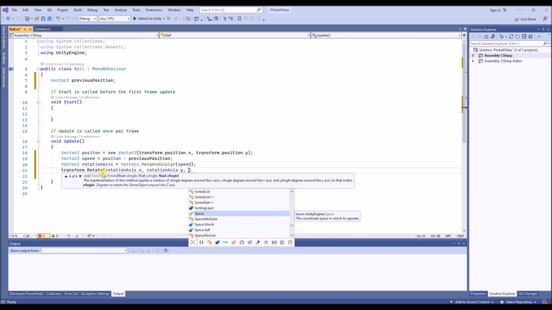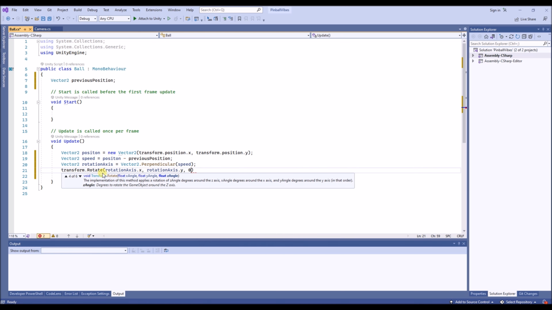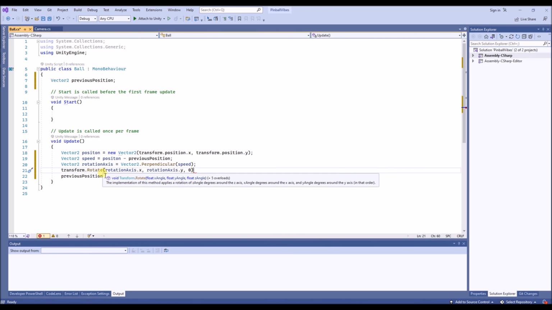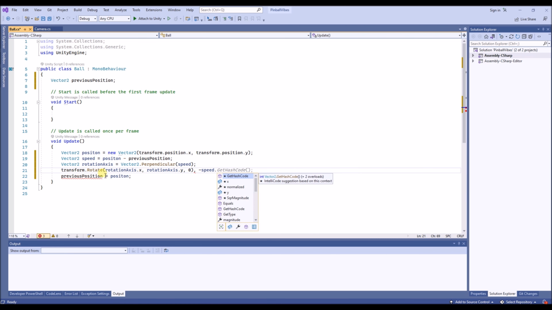And for the z we don't have a value, but we can set it to 0. And the speed which we will rotate is the speed of the ball. So we already have that speed. We can use it, and we set it to the magnitude, so it's a float value,